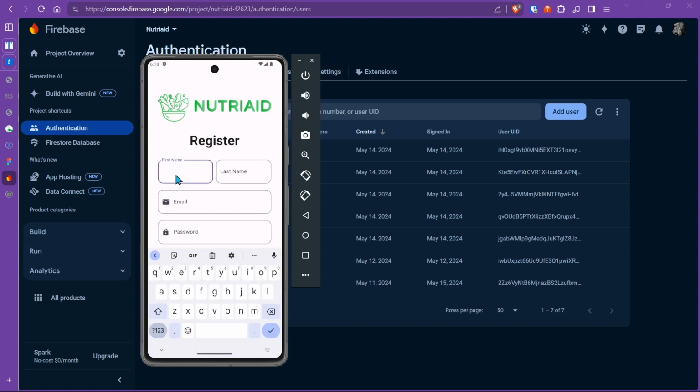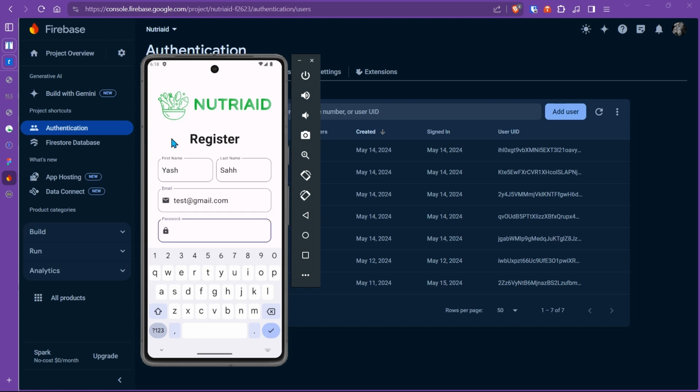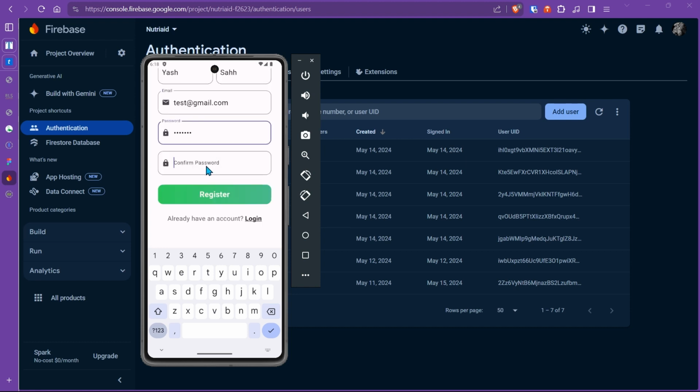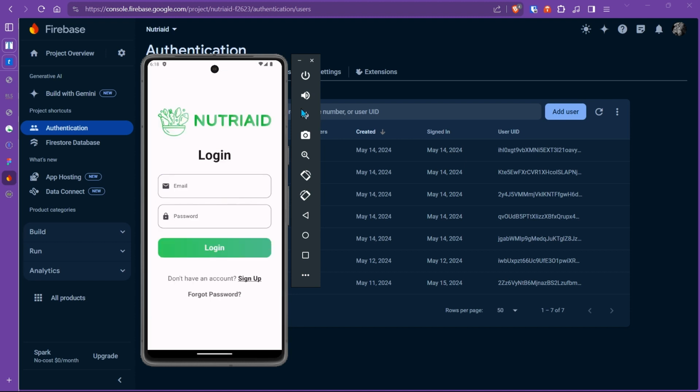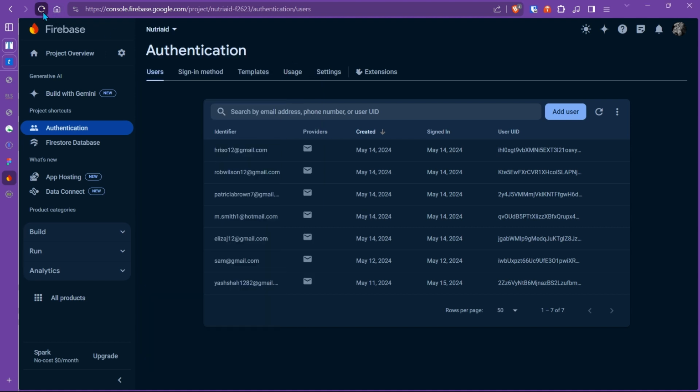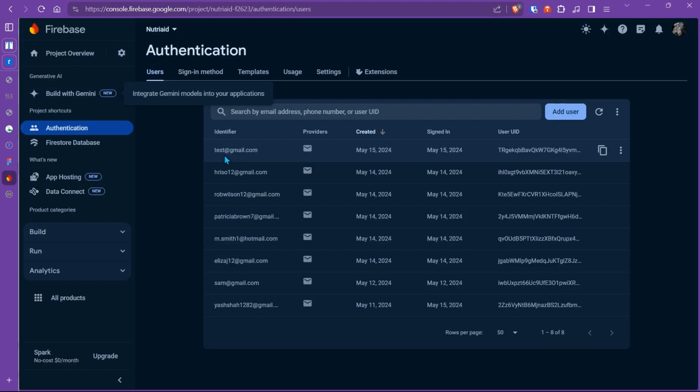I'll just name it Yash, and then Shah. And then I'll put the email as test. And then test 123 for the password. Test 123. So I've just registered a new user, and if we refresh the database, you can see that the new user